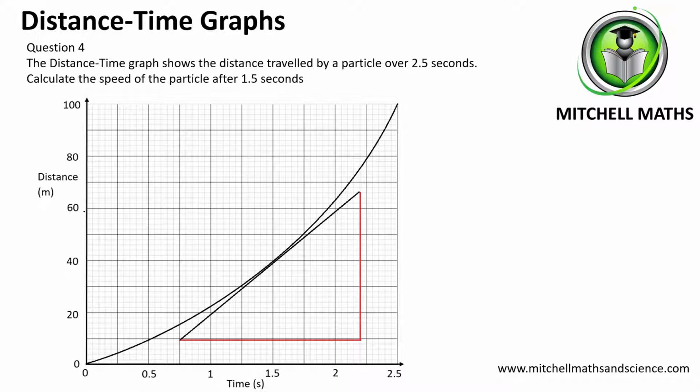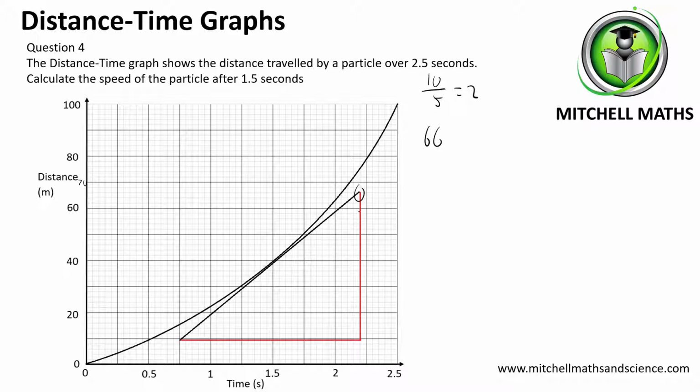So if I have a look at the scale of this graph, each 5 boxes is equal to 10 because it goes from 60 to 70. So each box, if I'm splitting 10 into 5 boxes, 10 divided by 5 is going to be 2. So each box is equivalent to 2 metres. So I've got 60 and then 3 boxes up, so that's 66 here. But then I'm finding the change in y, or the change in distance, not the overall distance. So it's 66,